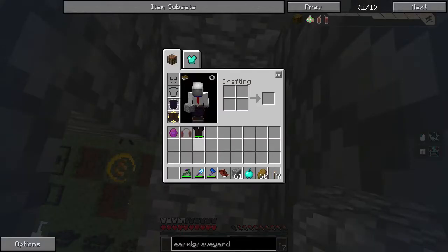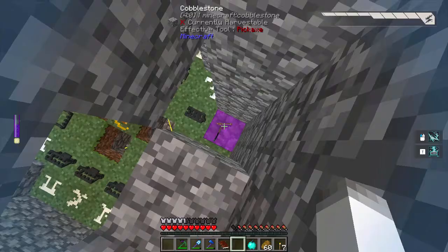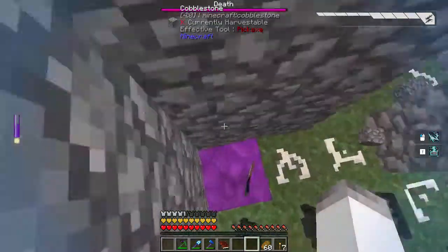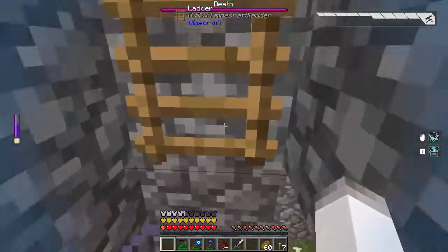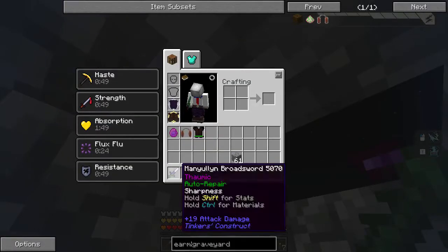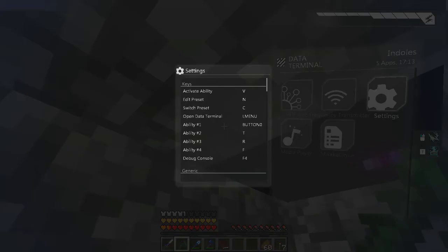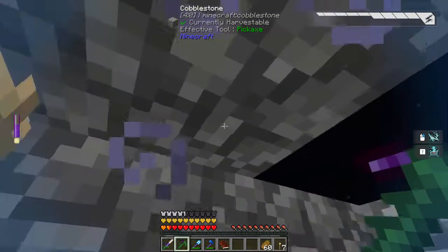We can't fly. All the ladders are down there. So let's take an apple first of all. And just climb back up here. And I need to switch controls on that real quick. Settings, ability 1. We'll do the other button. So,